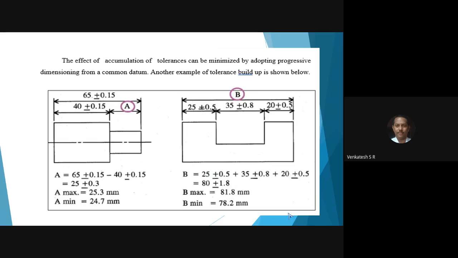Pritham, please unmute yourself and tell me if the screen is visible. Yes, sir. Okay. Good morning, everybody. Screen is visible. Lakshmi,